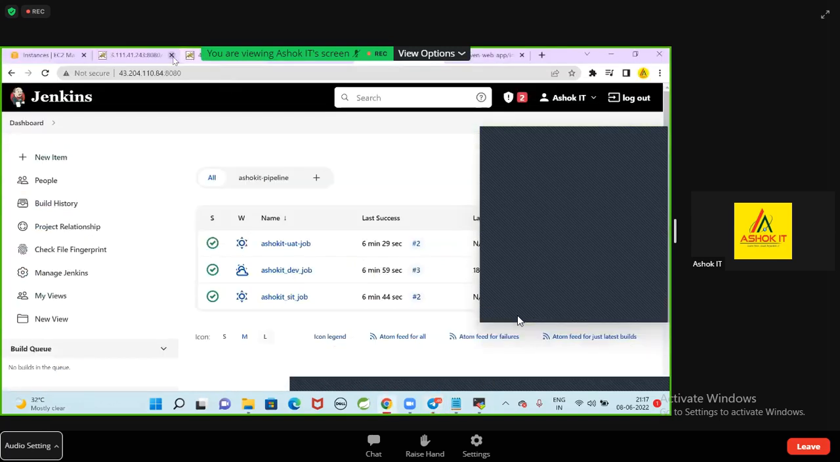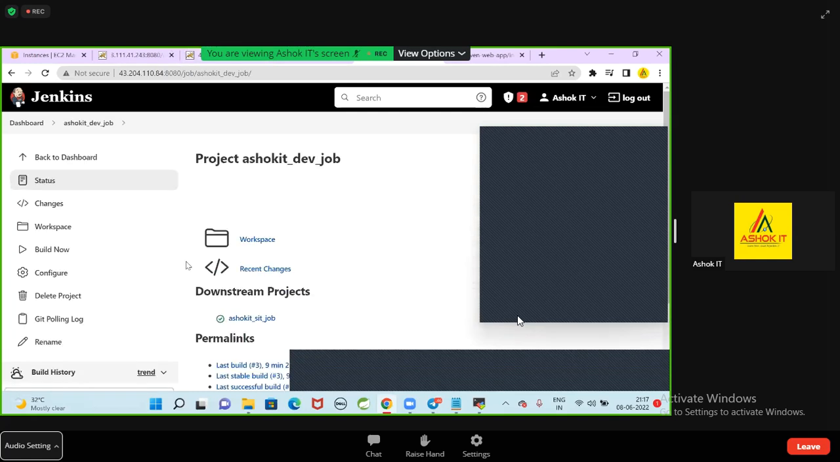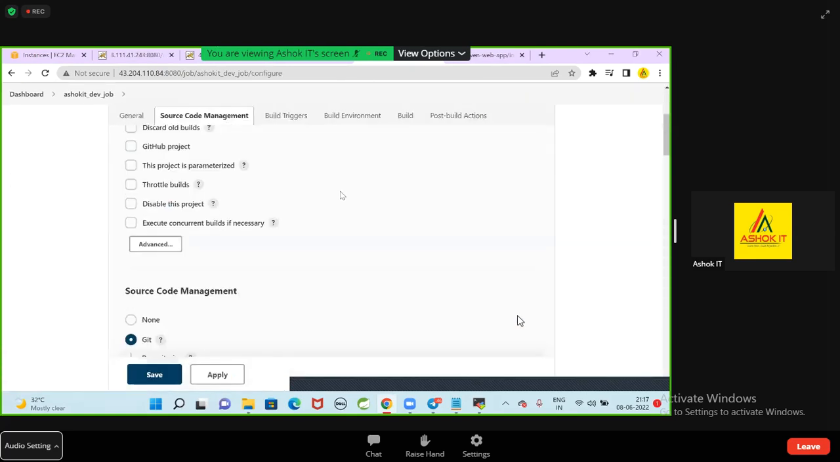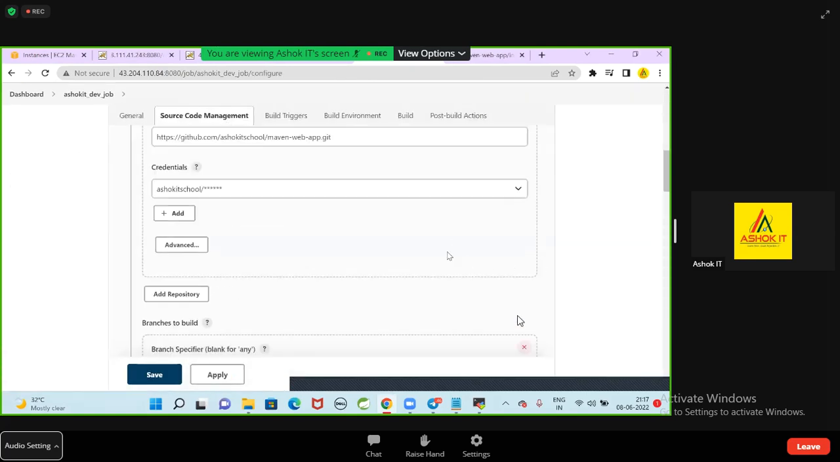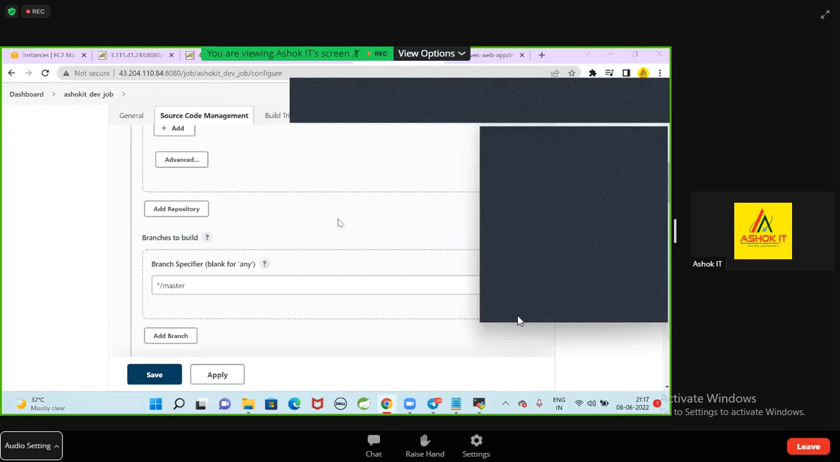Guys, here when I do job creation, the dev job is taking the code from which branch of the Git repository? Can you see the branch name? Dev job code, it is taking from which branch? Master. That means we are configuring the branch name. For example,